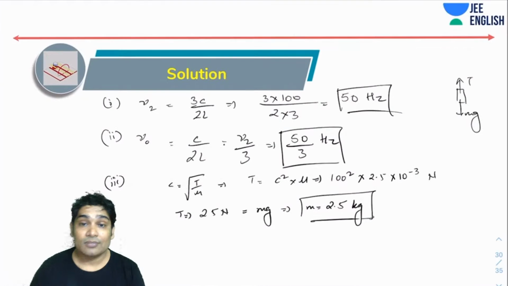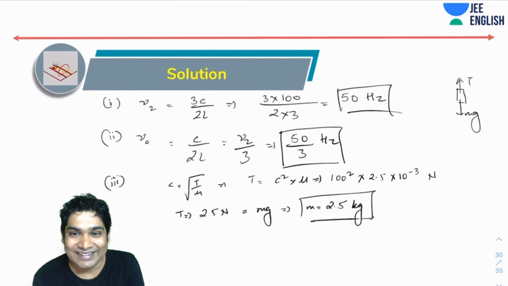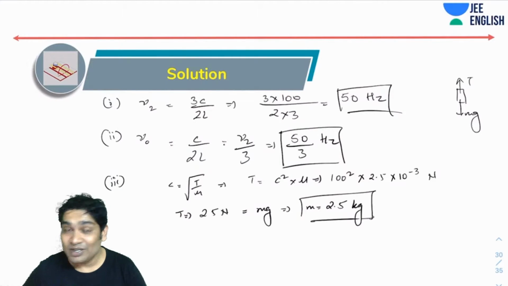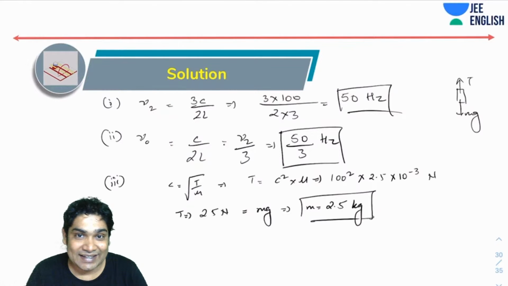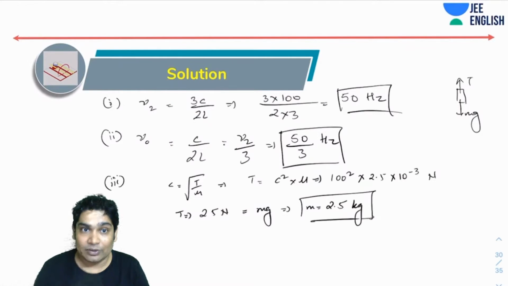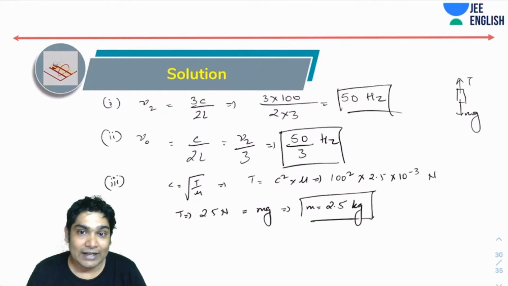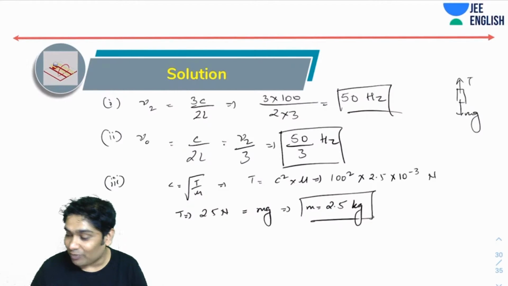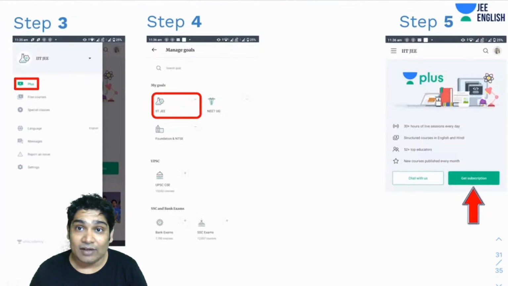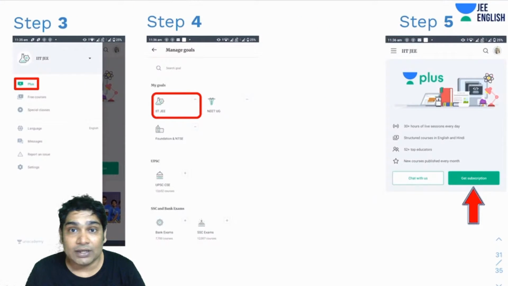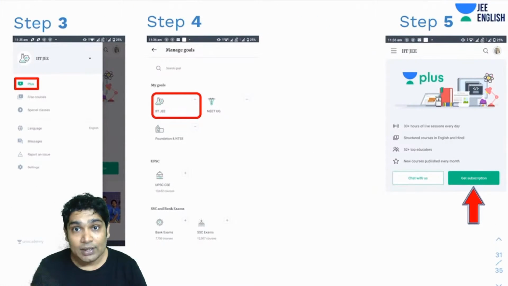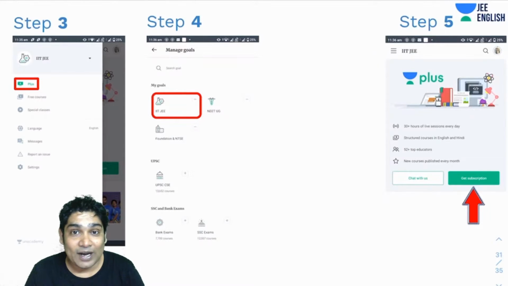So yes, this is my third answer, this is my second answer, and this is my first answer. These parts were easy only, and most of you have gotten them right. Very well done, congratulations. You seem to have revised your standing waves part. So this is where I would wrap it up for today. Tomorrow we will carry on the discussion from here. We will discuss standing waves in an organ pipe, open organ pipe, closed organ pipe, and then we will talk about beats. So make sure you're attending tomorrow's lecture also.